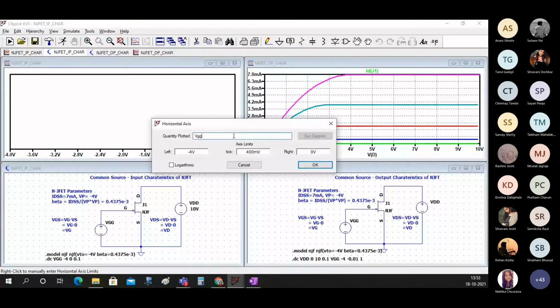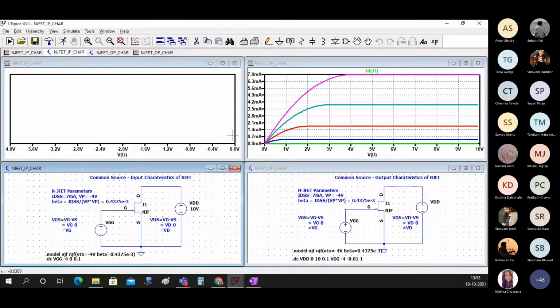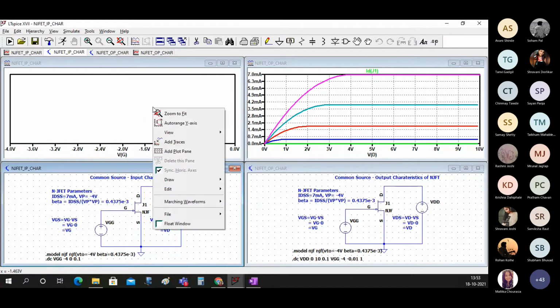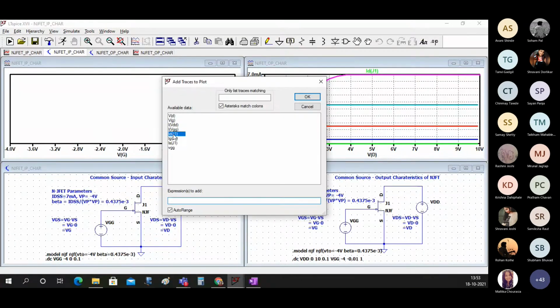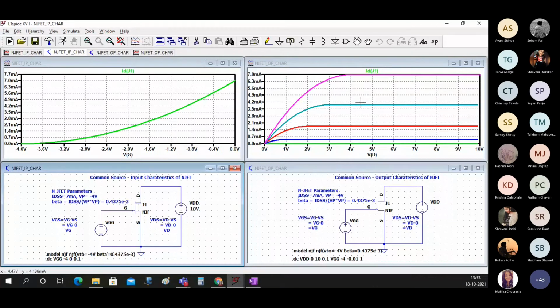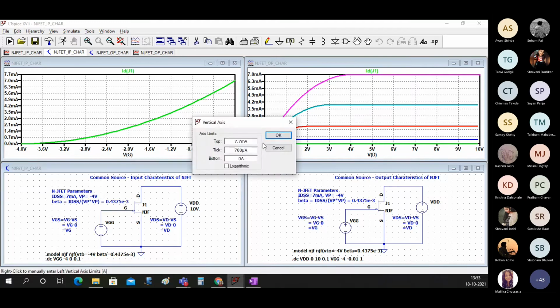But when you simulate here you have to write V of G, and here we'll add trace and write ID J1. Here you can see this is from 0 to 7.7 and this is from 0 to 7 milliamperes. So you can change the tick here. Top you can make it as 7 milliamperes.